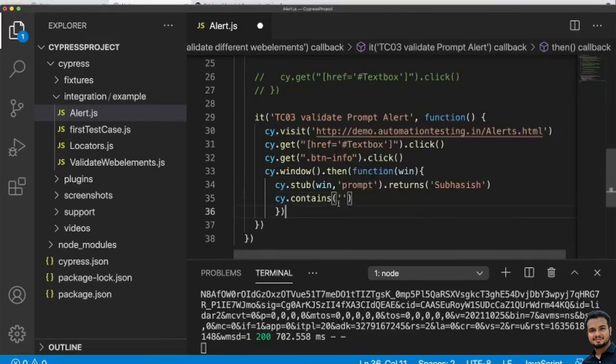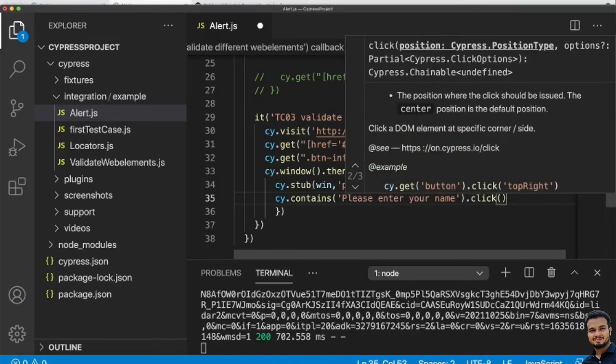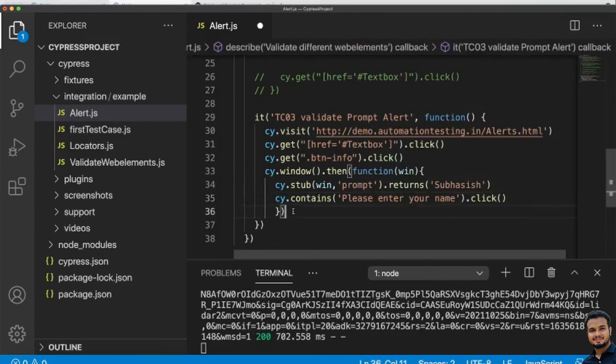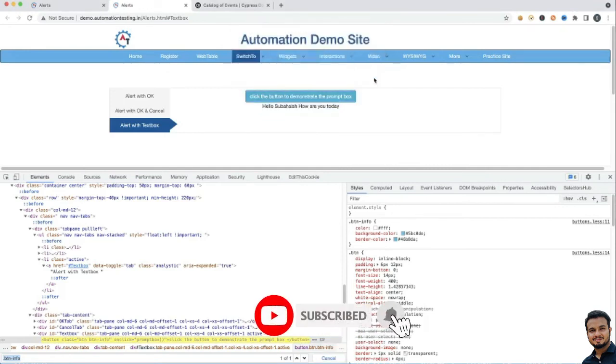So you can write this, and then dot click. And finally we can verify whether it contains that or not, right? So cy.get, and you want to write this, for example Subhasis.